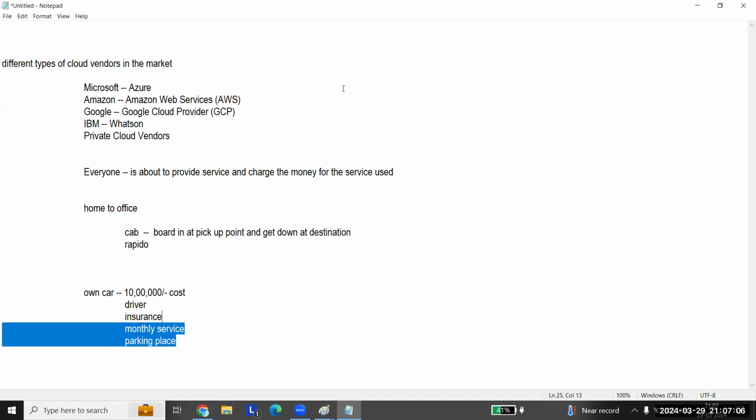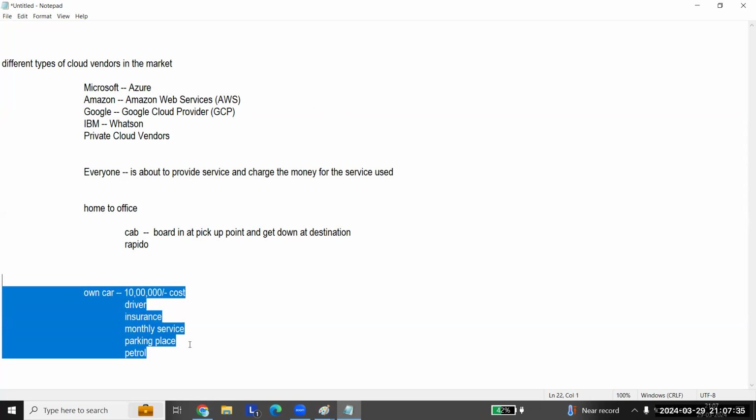You need to take care of all this because it's your own. You have to invest money there. And if you appoint a driver, you need to pay an additional salary to the driver also. And you need to pour petrol also. You need to do all this when you are owning your own car.